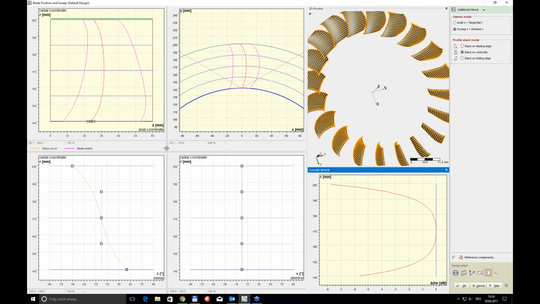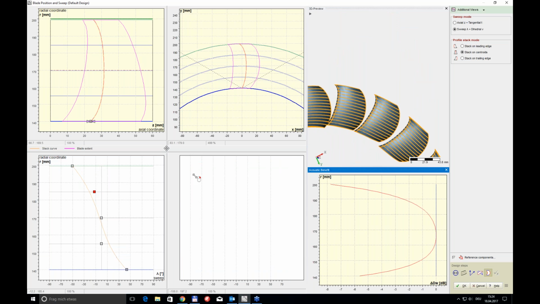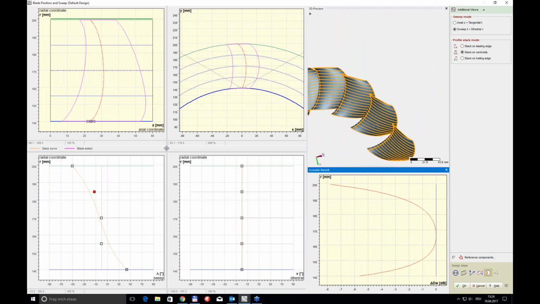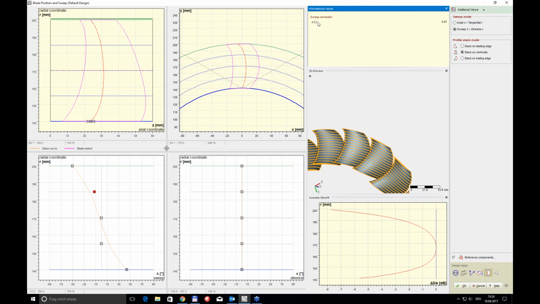And you see here, if I zoom in, how the sweeping is performed and what it will mean to the actual 3D shape of the blade. But of course, that doesn't improve the aerodynamic performance of the blade, and that's why there is a sweep correction factor that is automatically computed in dependence on the sweep, and this is something like